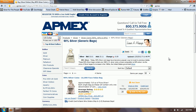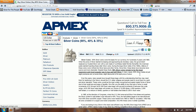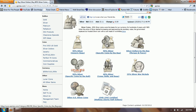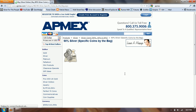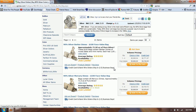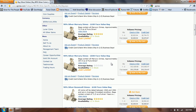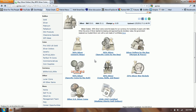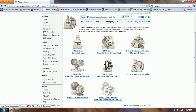You'll probably see mostly quarters and dimes. But you can also go to APMEX or some of the other dealers, but APMEX, of course, is the biggest. You can also get coins by the bag. Now these coins by the bag are going to have a much higher premium on them. So if you're just interested in stacking the junk silver, you'd probably just want to go with the